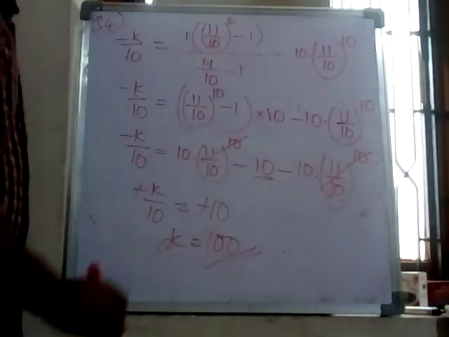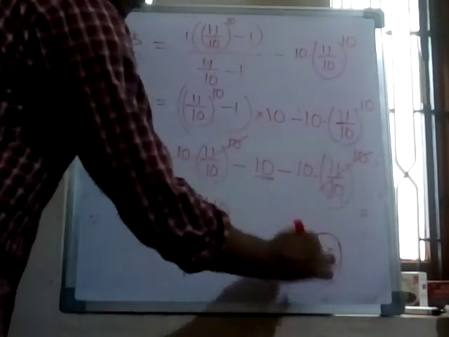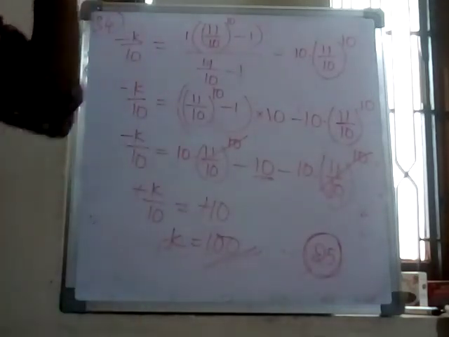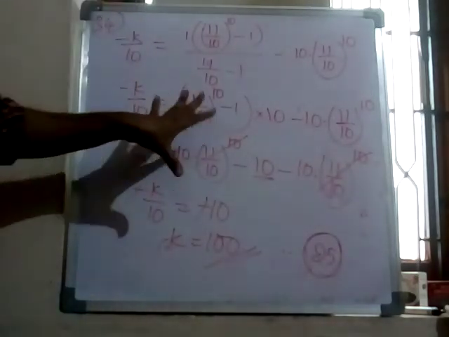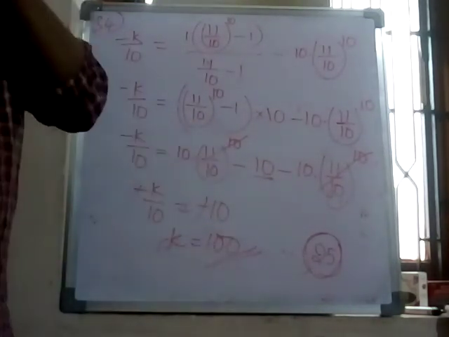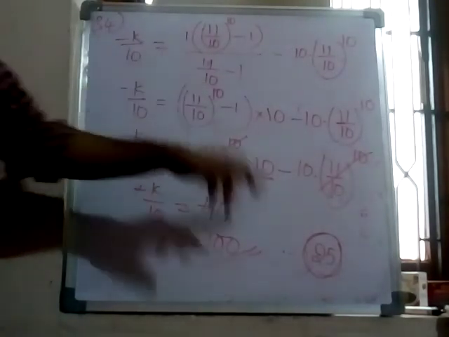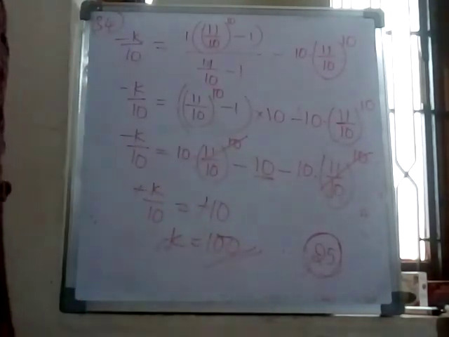You do the same as this model problem for the 25th. The 25th is also the same model problem. So they are given infinite terms. Here it was the sum of 10 terms, there they are given infinite terms. Here they are multiplied with x, here 11 by x instead of 11 by 10. So in this problem multiply with x, then we get the result.